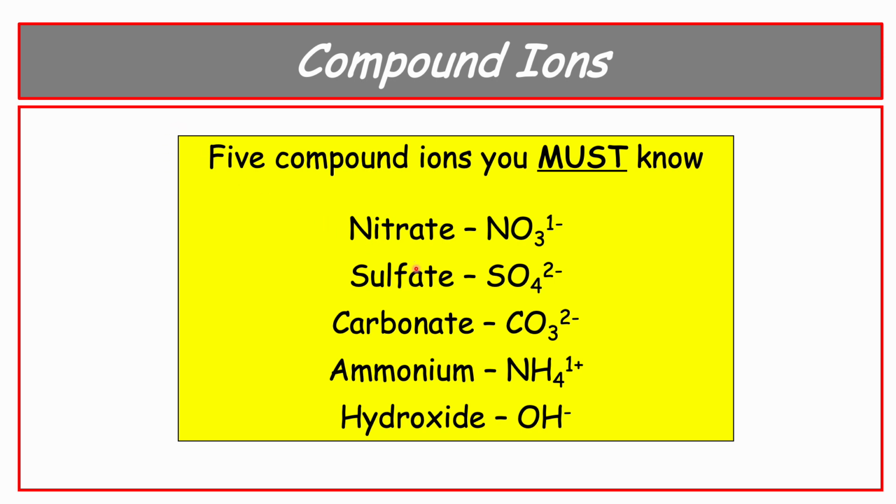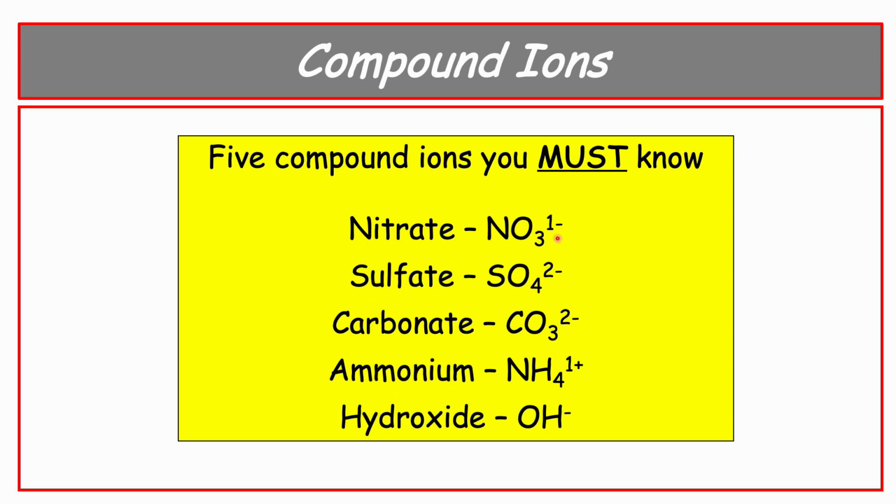And the reason for that is each of these ions is made up of more than one element. We call them compound ions. We know the periodic table only contains elements, not compounds, so these compounds do not have their own position on the periodic table. So for that reason, it is not possible to predict the charge of these ions using the periodic table. That means it's really important that you learn the formula of each of these 5 ions as well as the charge,